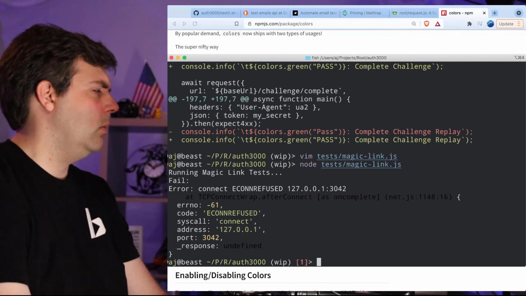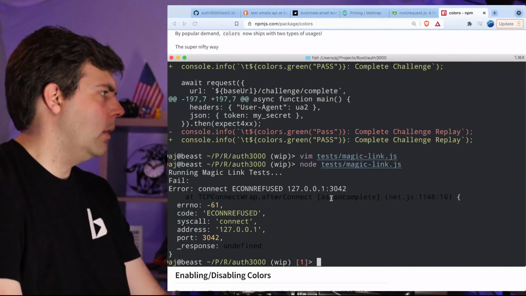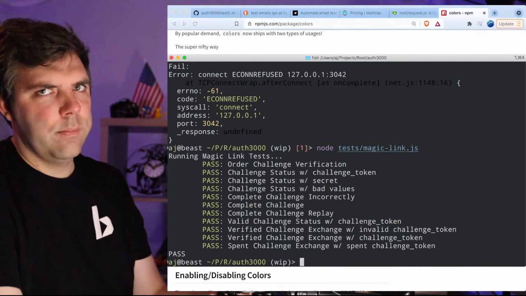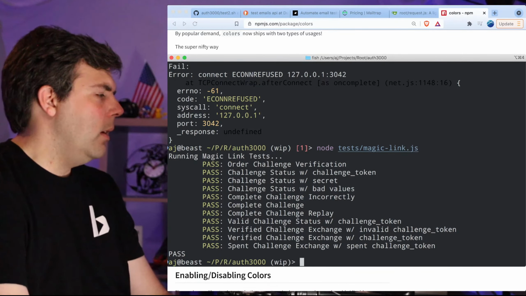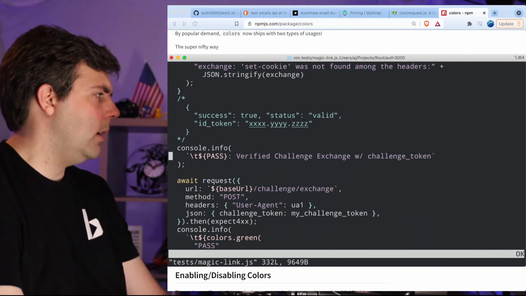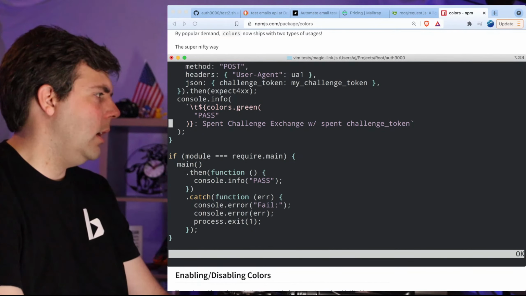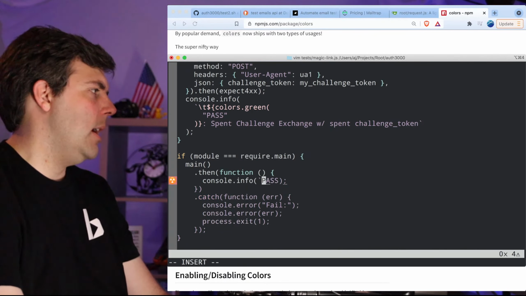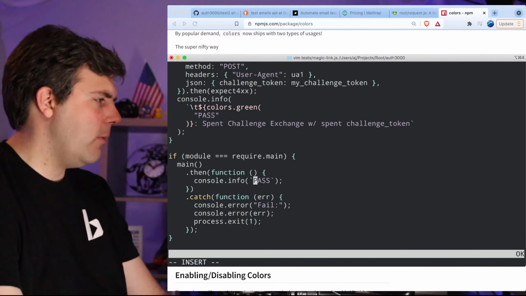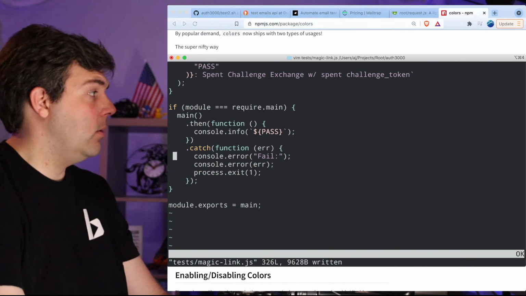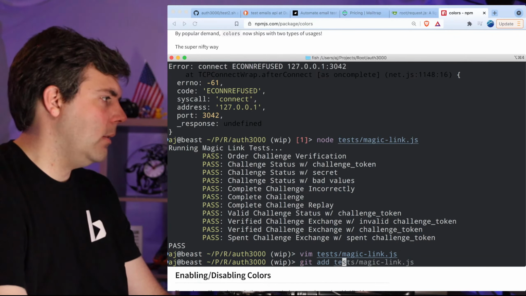I think that's going to work. Oh, I broke something. I'll try it again. Cool. I just hit it before the thing actually spun up. And then let's put the nice big pass at the end. Console.info pass. Actually, I kind of prefer the stylization like this. That is actually a little bit more clear to me. Okay, with that,